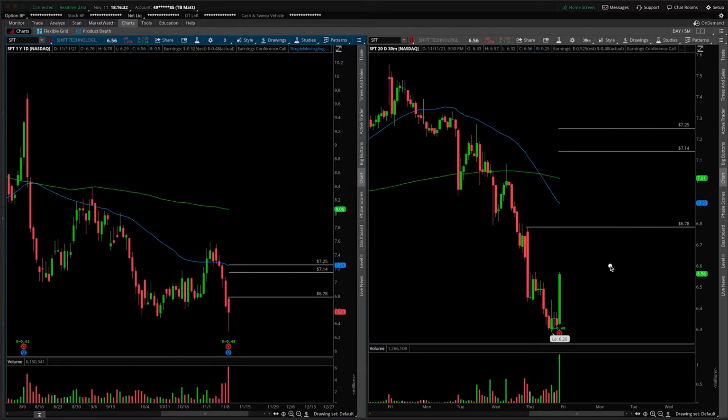The flip side of this coin, I'm sure the one a lot more people are potentially excited about, is the gap and go. So this is scenario number 2 here, where we open here, put in some sort of bullish consolidation in the overnight range, could be an ascending triangle, could look like a bull flag, right? Something that looks like this. Overall, looking for a break up and over the overnight high, which is 7.25 as of right now,